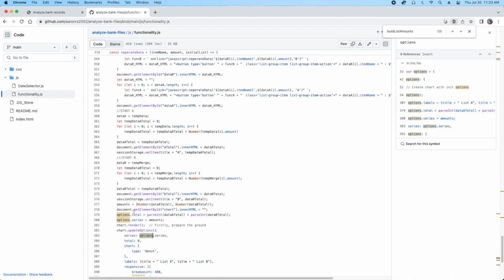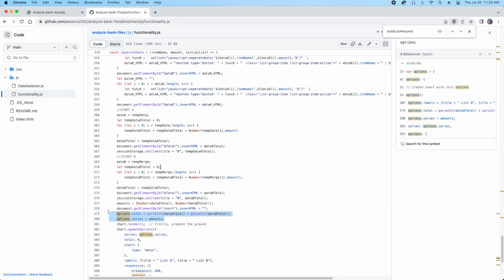As you can see here, every time we make our comparison, we click on something, all of a sudden we have to run all this function again. Now each list A and B has changed by -1 or +1 based on what you did. And so this is where the calculations change,